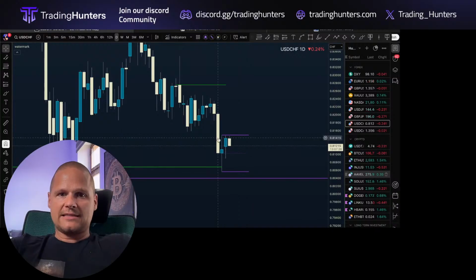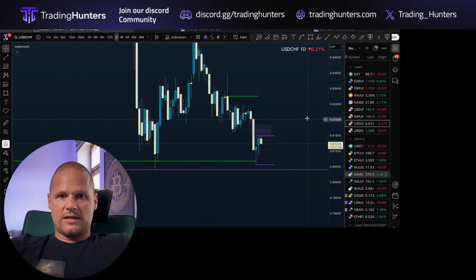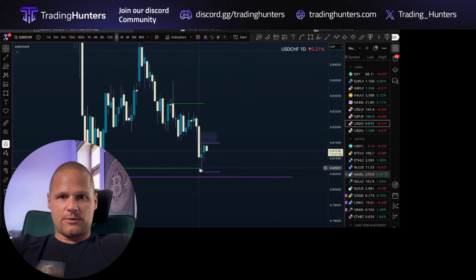So we have Friday's range and Monday range. We have also the fair value gap in here. And we can use this up candle, which is aligning with the midpoint of this. Now what we can see is that price is reacting on this level, but it can look